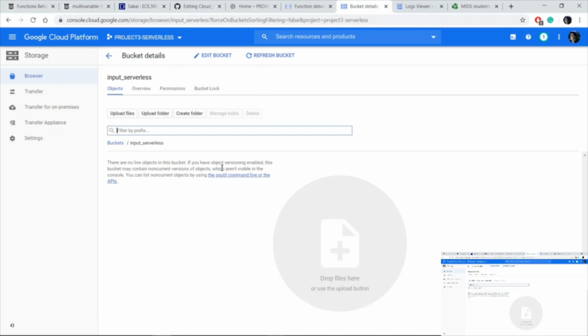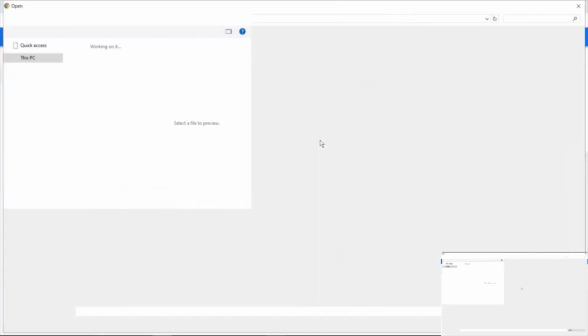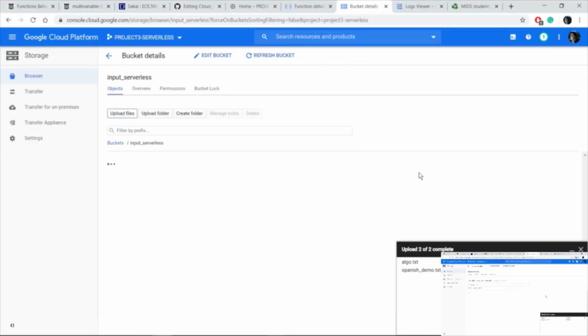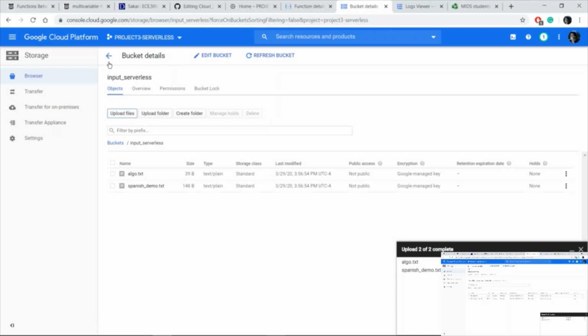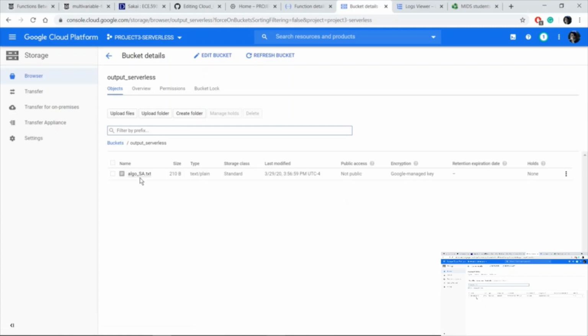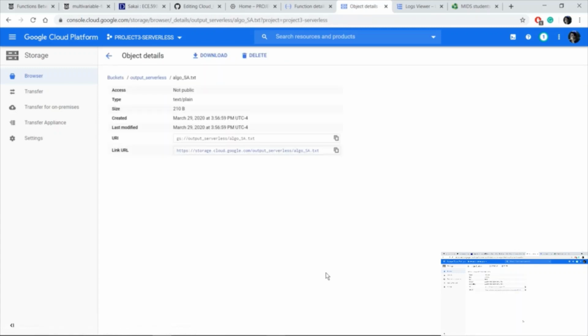So we can see that we don't have any file inside the bucket. We choose two simple files, pretty easy TXT files. And we see that they're in my input. And now let's go to my output serverless. And we can see